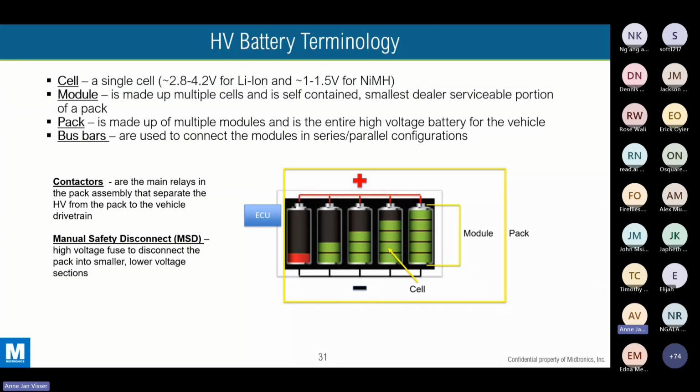Just to make sure that we are all speaking the same language, some terminology which we are familiar using in Metronics, and I want to make sure that everybody is aware of it. Usually a cell is just a single cell which is used in a high volt battery pack. There can be hundreds of cells in a battery pack. These cells are indicated in the picture like one green battery indicator. A module is usually a combination of multiple cells, and usually a module is the smallest serviceable